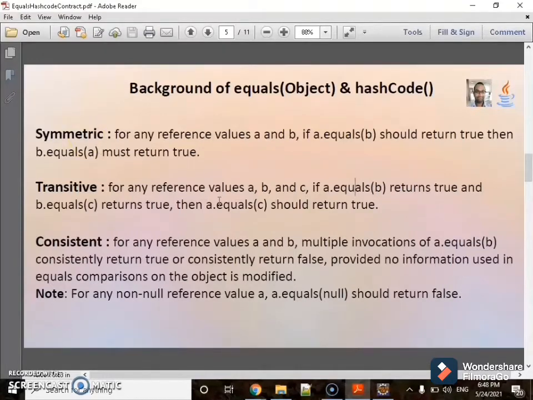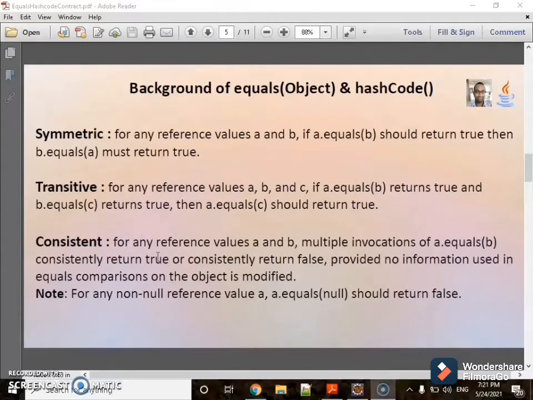Next one is transitive. For any reference values A, B, C, if A equals B returns true, and B equals C returns true, then A equals C should always return true. This is the rule of transitive. The next one is consistent.